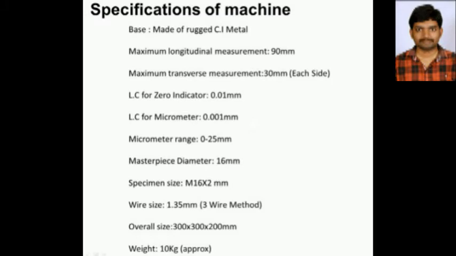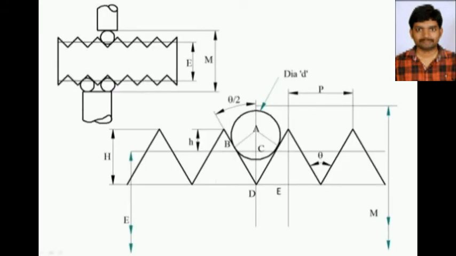And now the geometry of the 3-wire method. Here one wire is placed on the side of the thread, and two wires are placed opposite to that wire on the thread. E is the effective diameter, and M is the measurement over rollers, and the roller is placed at the groove. Now you can see the roller is not contacting the flank at the pitch line. So that means this is not a best size wire.